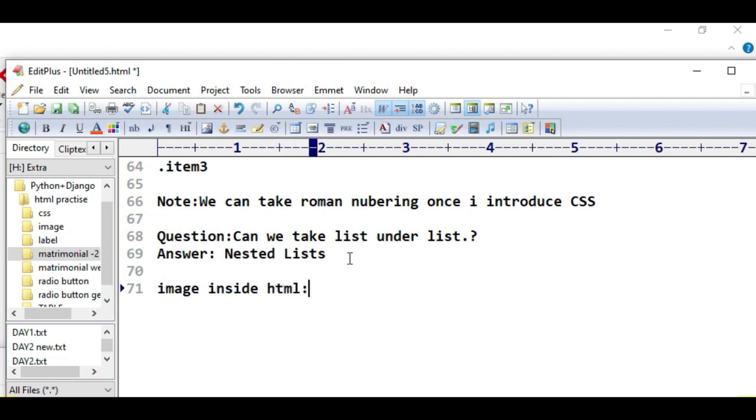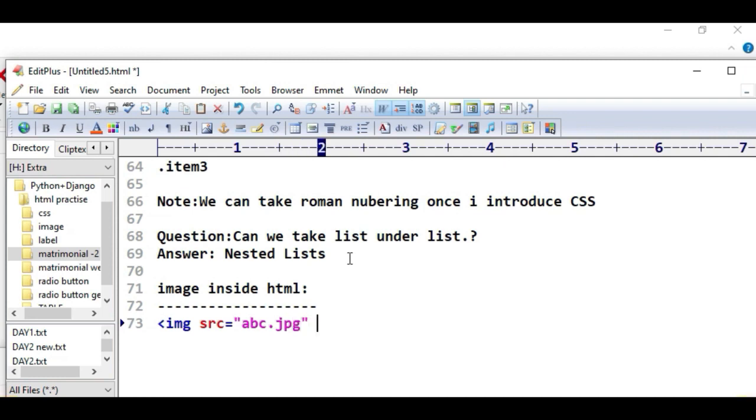So there are various ways. One way is you can write img, image src equals, for example, abc dot the name of your file jpg.